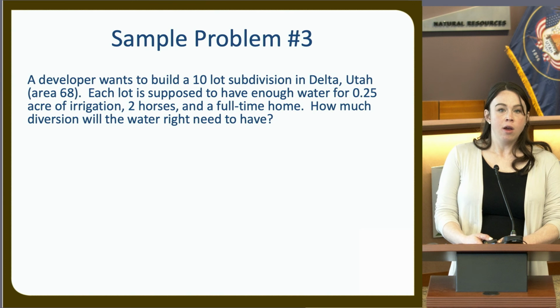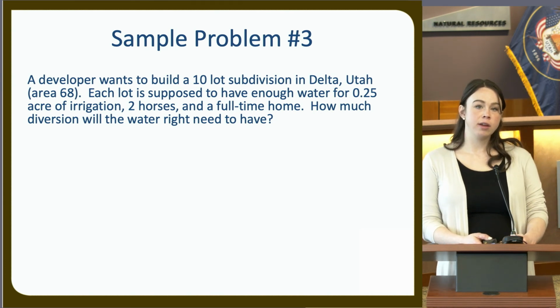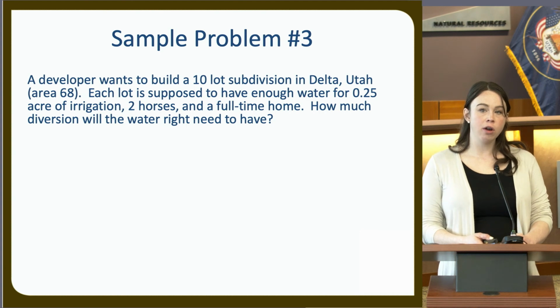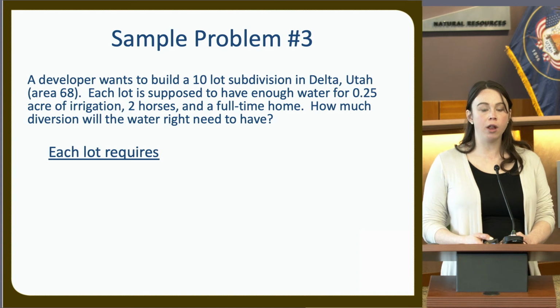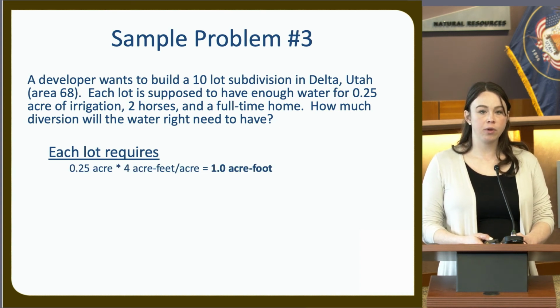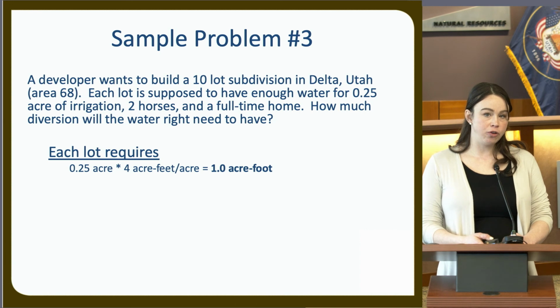Okay. A developer wants to build a 10-lot subdivision in Delta, Utah. Each lot is supposed to have enough water for 0.25 acre of irrigation, 2 horses, and a full-time home. How much diversion will the water right need to have? Okay, so let's figure out with just 1 lot how much water he's going to need. Okay, so he wants to have a 1/4 acre of irrigation around each lot. We're going to multiply that by that 4 acre-foot duty to find that he needs 1 acre-foot for the irrigation